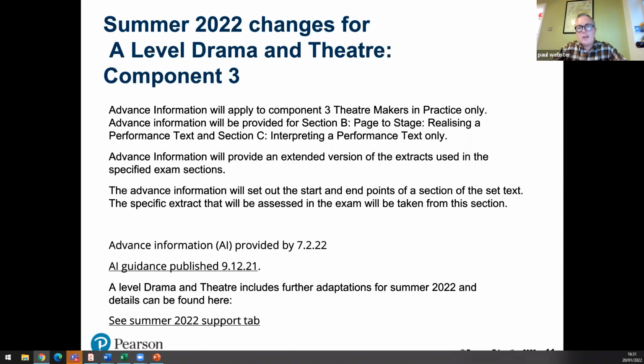So you would make your exam entries, Therese, via your exams office, and then whatever arrangement is normally in place would be done, because I presume the papers would be sent to you in advance and then you would distribute them on the day. I don't know whether there's any other arrangement, but I would speak to your exams office about this just to make sure.